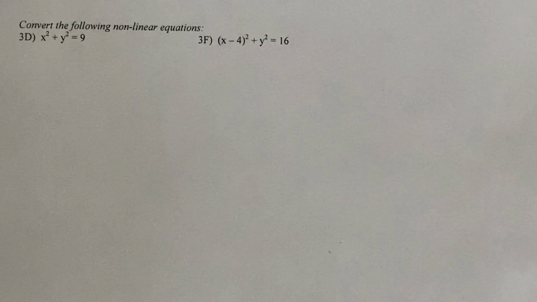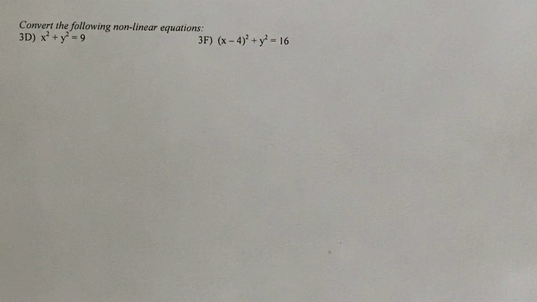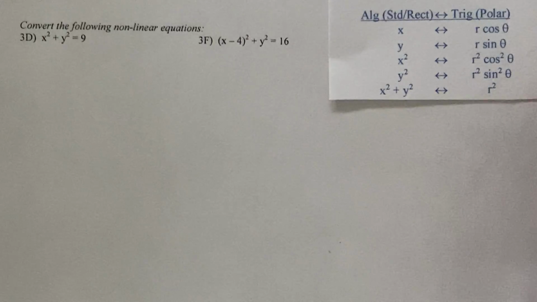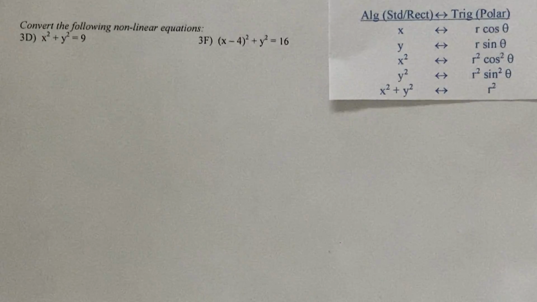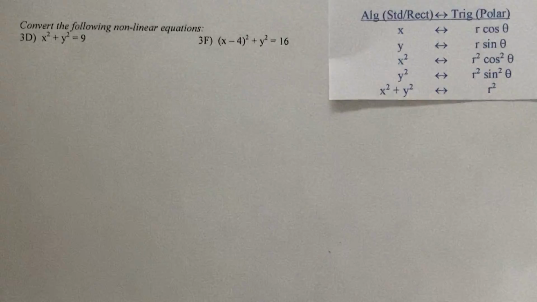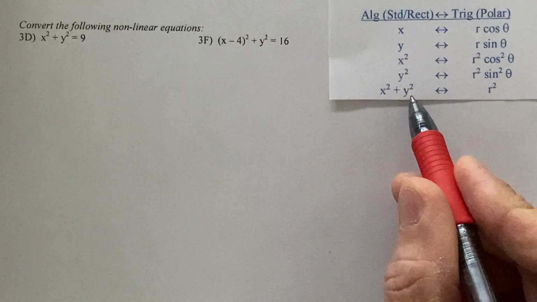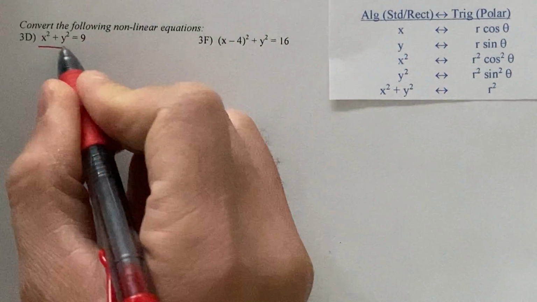For these equations, I see a bunch of x's and y's, which means they are in algebra mode. So my job is to turn them into trig mode, which again is really just a simple conversion from x's and y's into r's and thetas. So let's begin with the first one. Okay, I see x squared plus y squared. Right there, it's saying x squared plus y squared is nothing more than r squared